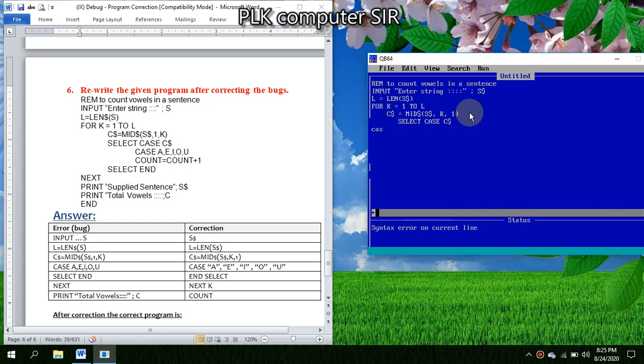Okay, so we have here Case. Okay, in Case what we have to write, capital A, E, I, O, U. Okay, my dear students, then we have to increase count equal to count plus 1. Then there was End Select. Okay, in Select, then Next K, then we have to write Print